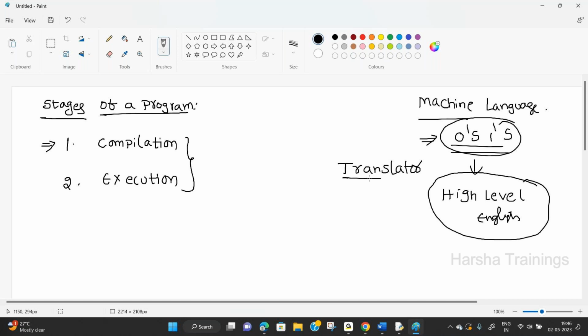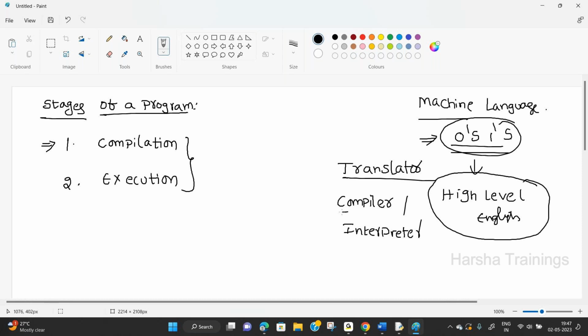That person's name is called translator. Translator's purpose is converting one language into another language. So one such type of translator is compiler, and the second type is interpreter.